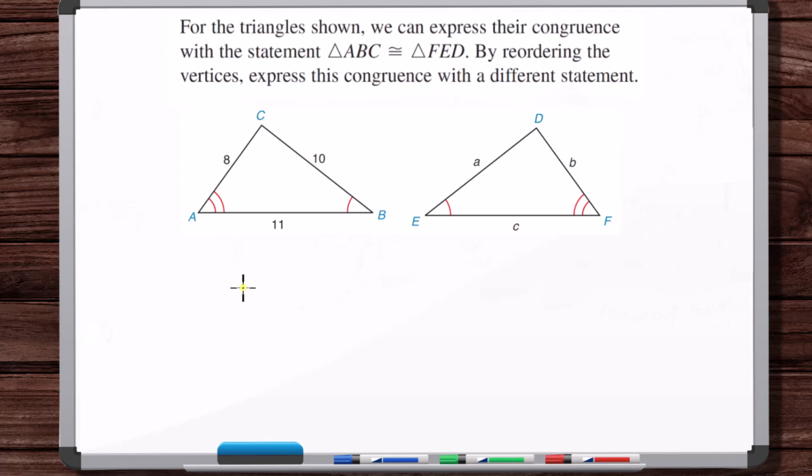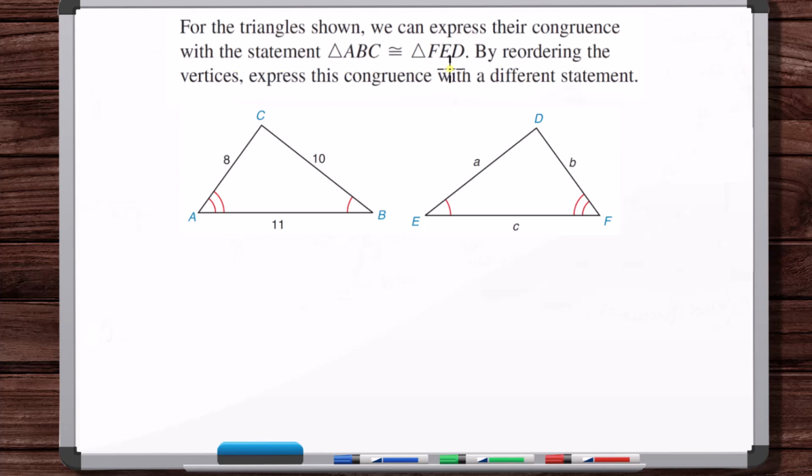In this video, we're going to work example problems related to congruent triangles. So what exactly is the meaning of congruence and congruent triangles? And what are the different methods that we can use to show that two triangles are congruent? So let's get started. For the triangles shown, we can express their congruence with the statement triangle ABC is congruent